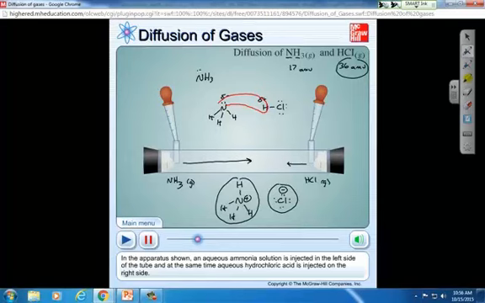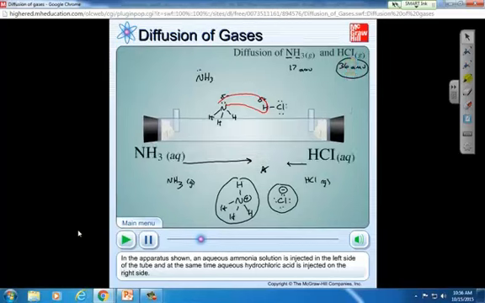So we can use that formula that we saw to actually calculate how much faster the NH3 will be moving than the HCl, and calculate exactly where the solid will start to form due to the differences in speeds as they're moving through the sample. So,